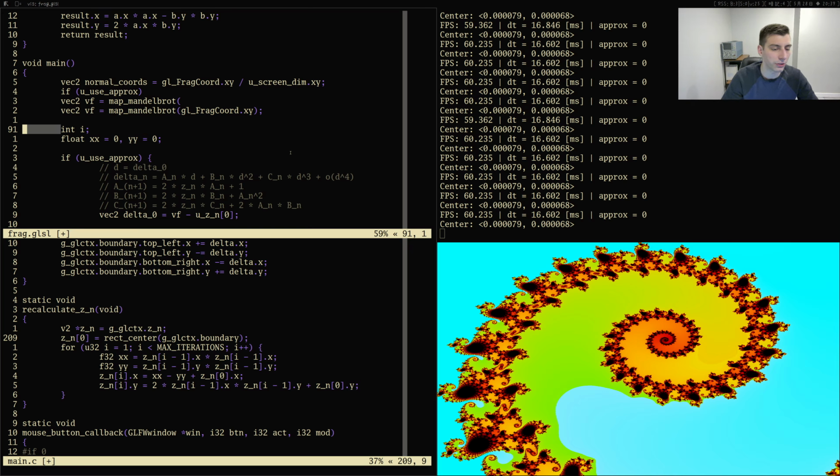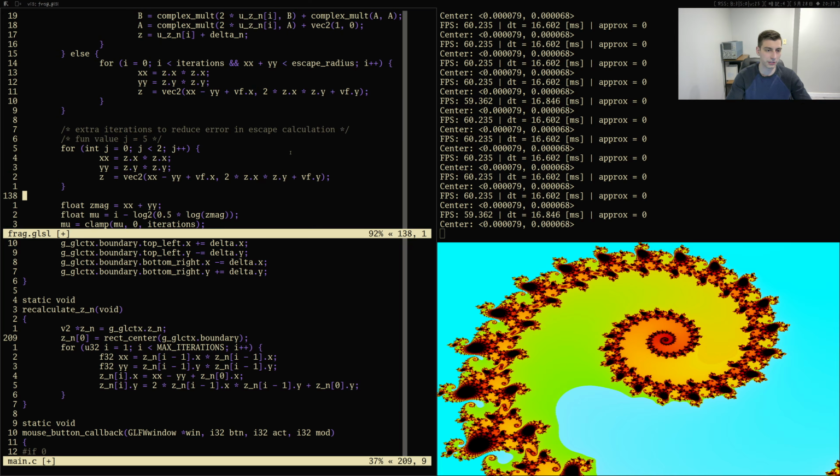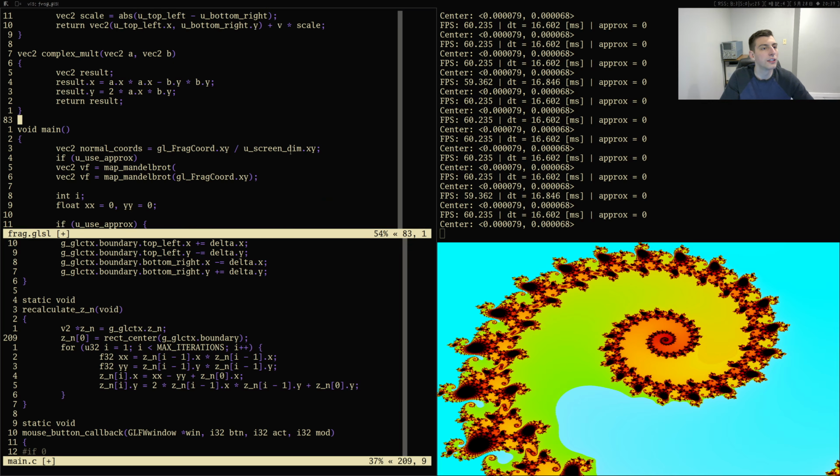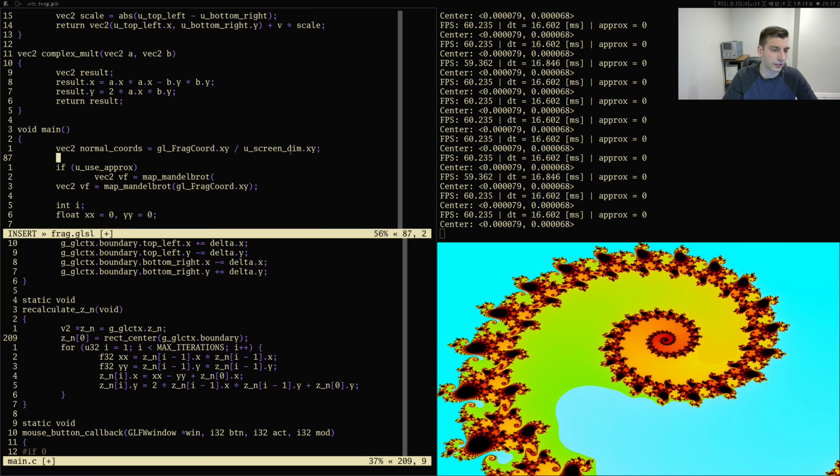Let's just do it this way. Does VF need to exist outside of? Never mind. Let's not do it that way. If you use approximation, vec2 VF. VF equals map Mandelbrot 2 times normal coords minus 1. Else